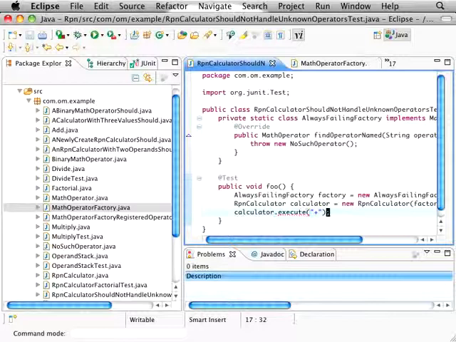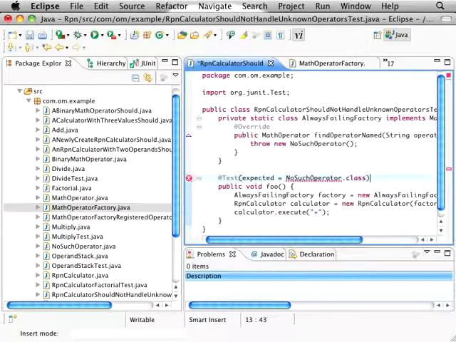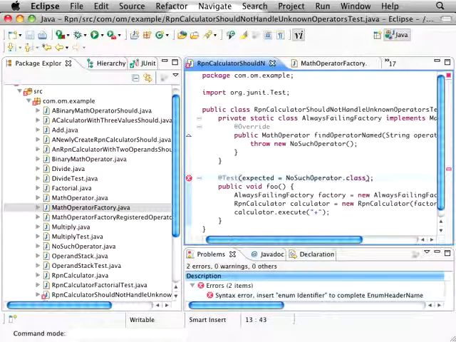Execute plus, I want to verify that it throws the exception. All right. I'm going to run this test,